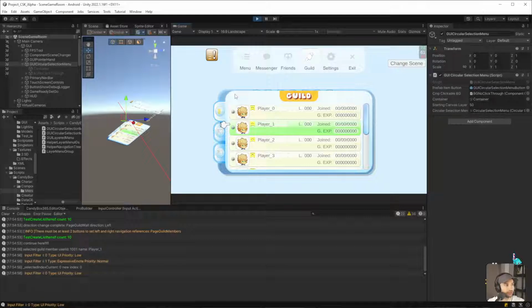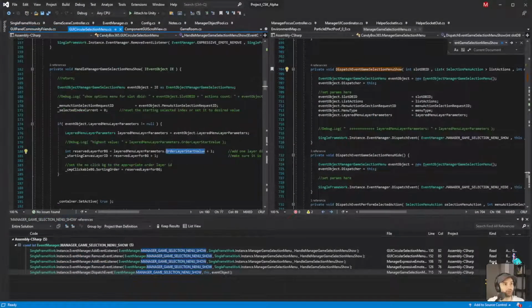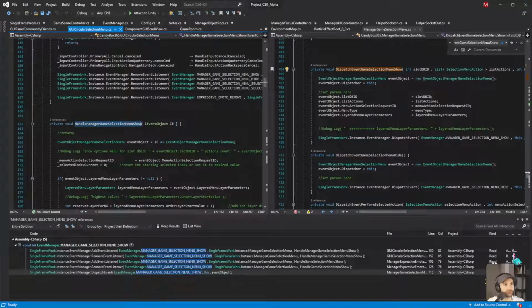How can it work right now? Wait, where's my output? I told it to output if show selection menu.